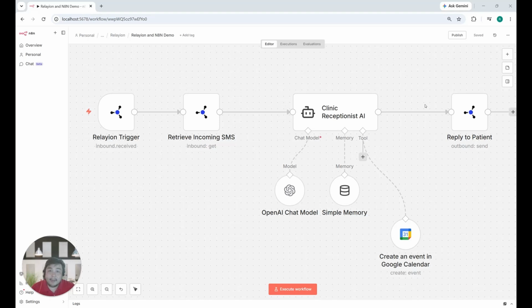Hi, if you're an Indian developer or an automation agency building systems for local clients, you know that putting a conversational AI agent on a website is easy, but bridging that smart AI directly into traditional, affordable SMS so patients can text a clinic back and forth, that's a massive challenge. Today, I'm going to show you how to build that conversational AI agent right on top of traditional local SMS